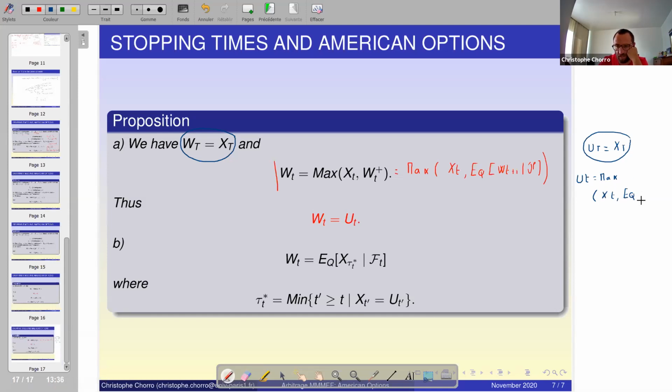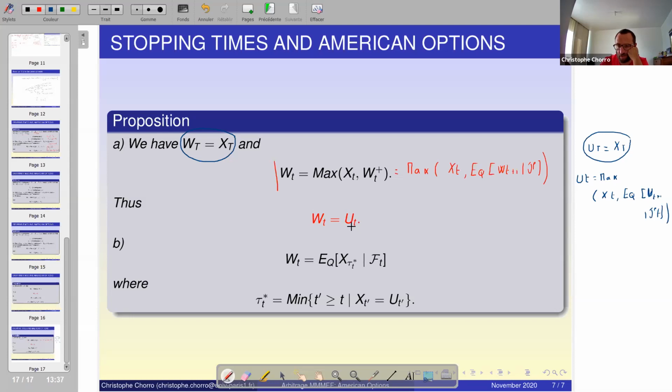Conditional expectation under Q of U_{T+1} given F_t. And you see that U fulfills the same recursive relation as W. Since they have the same terminal condition, necessarily they are equal. So it means that, in fact, the price at time t, or the actualized price at time t of an